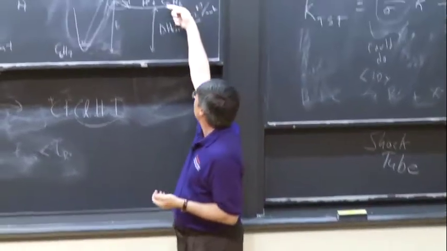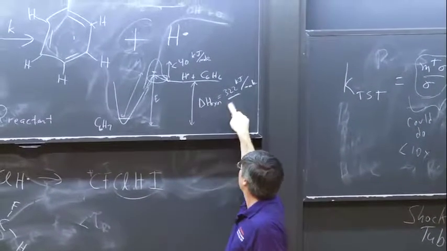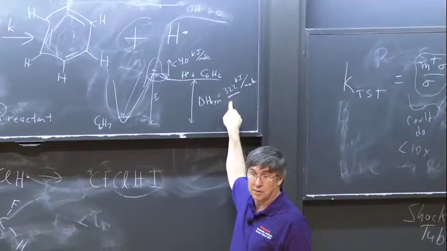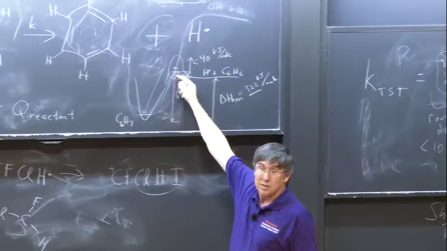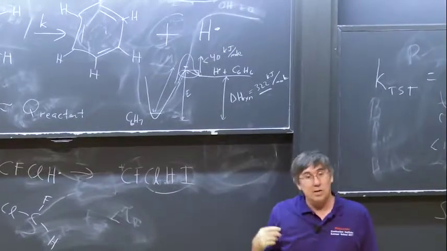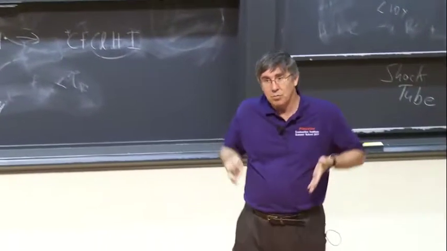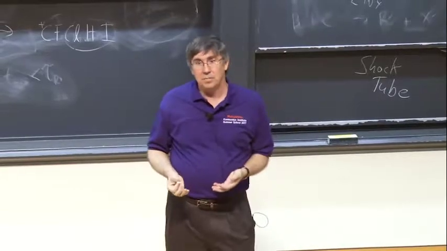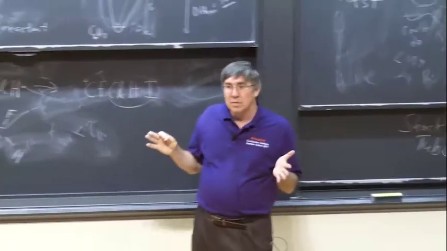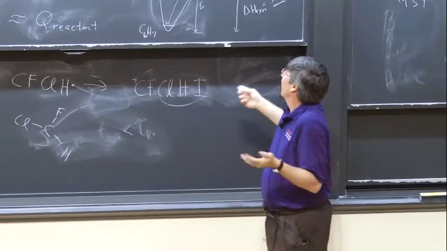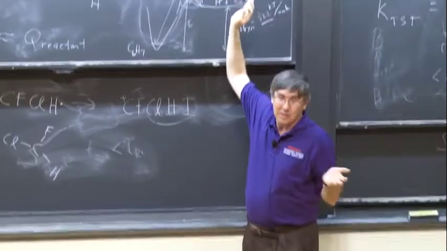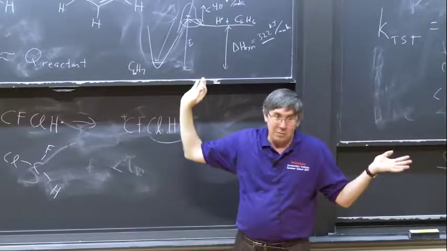So in this case, the reaction in this direction is very, very exothermic, 300 kilojoules exothermic. So if it's very, very, very exothermic, you'd expect the barrier to be very small. It's like there's more driving force for this reaction. It really wants to go that way. It means it's smaller. Smaller than what, right? So in my experience, they're always less than 40. Exactly what it is, I don't know.